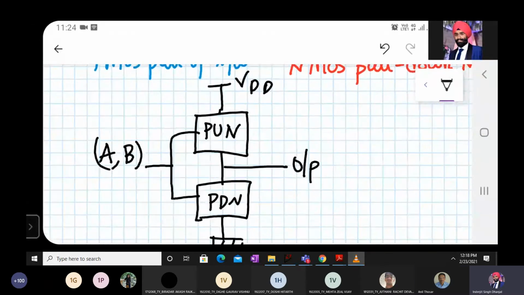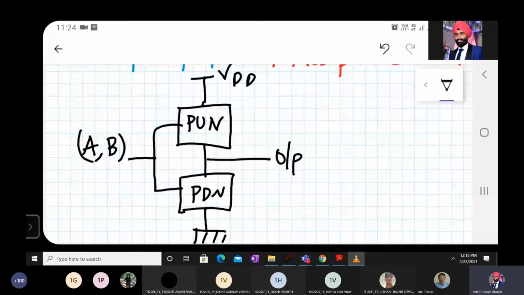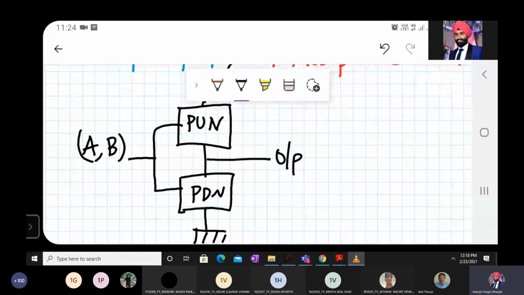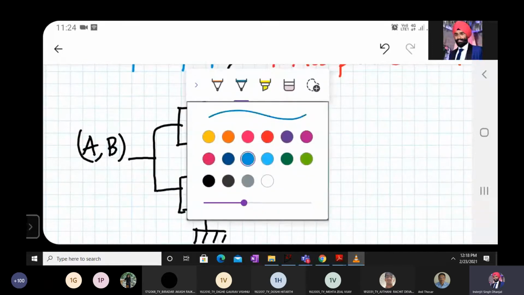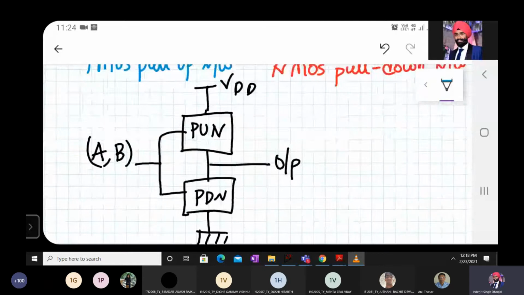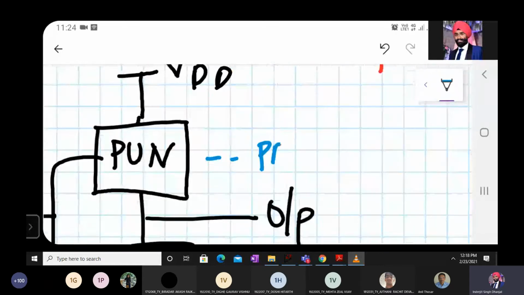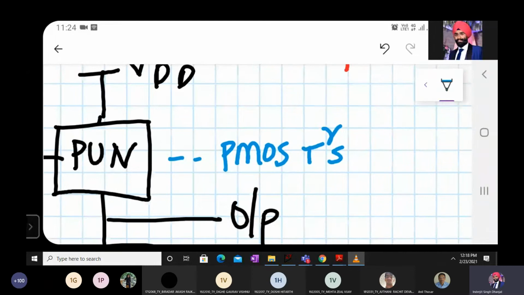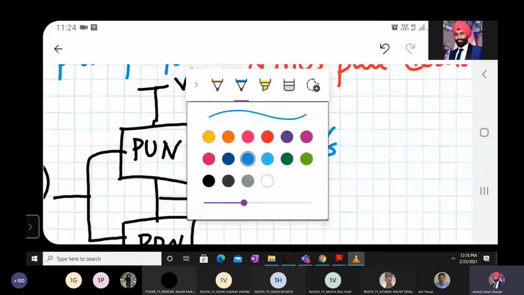Okay. So whenever my pull-up network, which consists of only PMOS transistors, is on, what will happen?